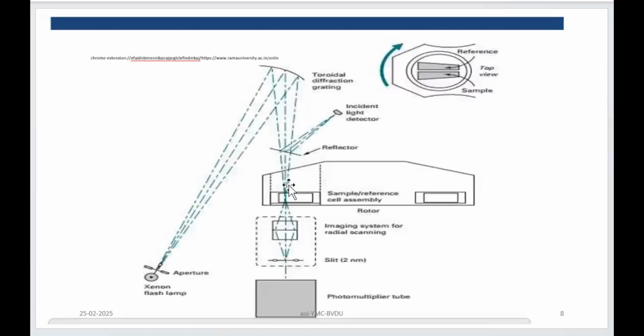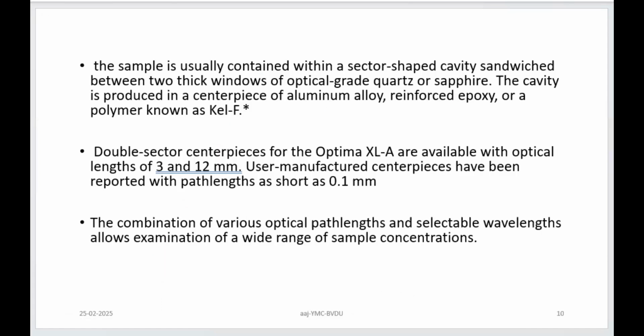The optical length is important. What is the distance that the light has to travel, the path length. Basic Beer-Lambert's law tells you that the path length is one of the important factors which is going to decide the optical distance the light has to pass, and depending on that, the concentration that is going to be detected, or material that is going to get characterized. Because Beer-Lambert's law says absorption is proportional to concentration, and absorption is proportional to path length. So concentration is one thing, the analyte's properties are important, but at the same time, the path length is going to be specific in each set of rotors that you select.